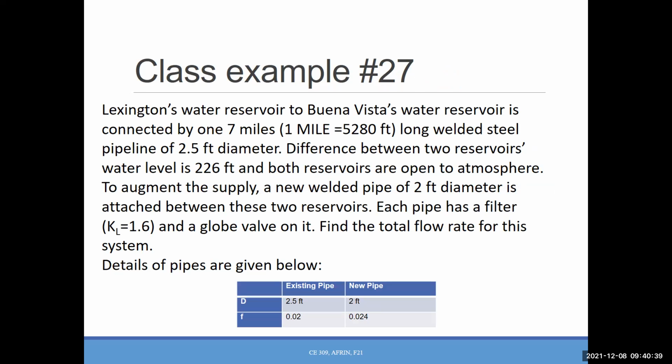Who will read that? The arguments supply a new welded pipe of 2 feet diameter attached to each pipe has a filter